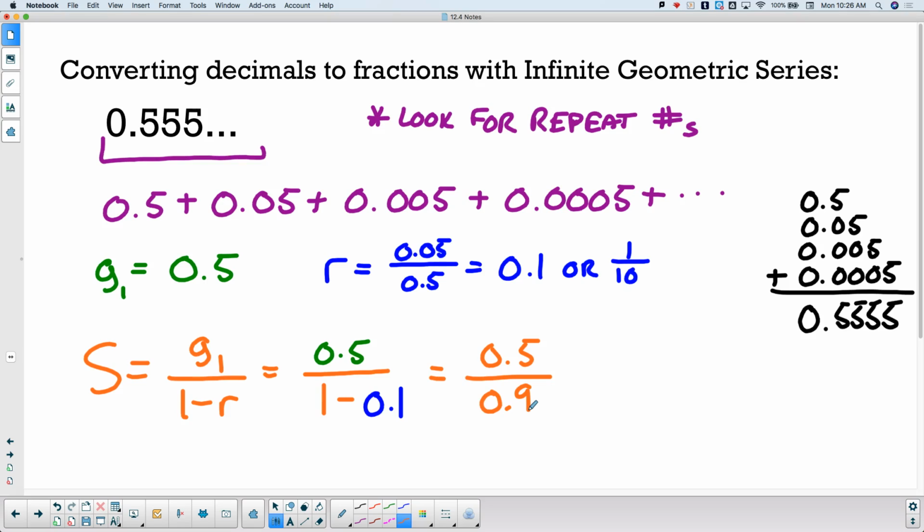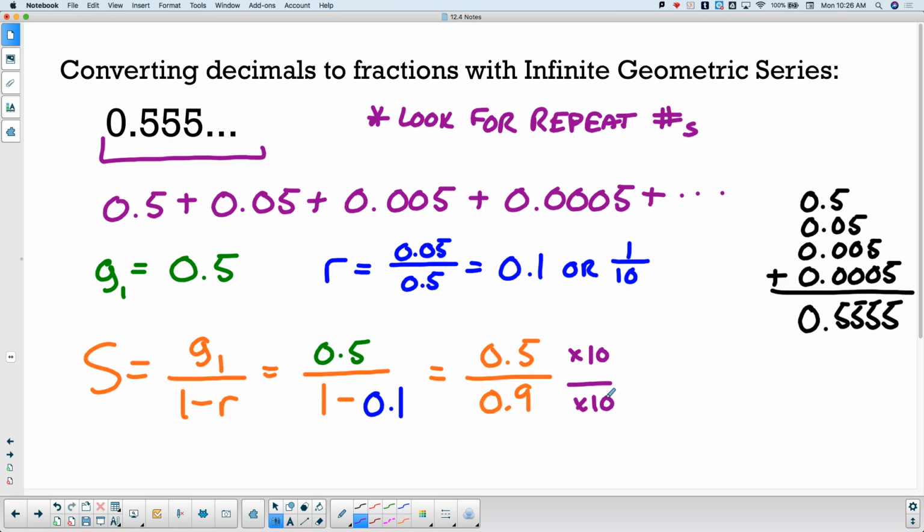2 over 2. 3 over 3. A box over a box. A triangle over a circle. Is that equal to 1? No, because they're not the same. Top and bottom have to be the same, right? Okay. So if I multiply this fraction by 10 over 10,